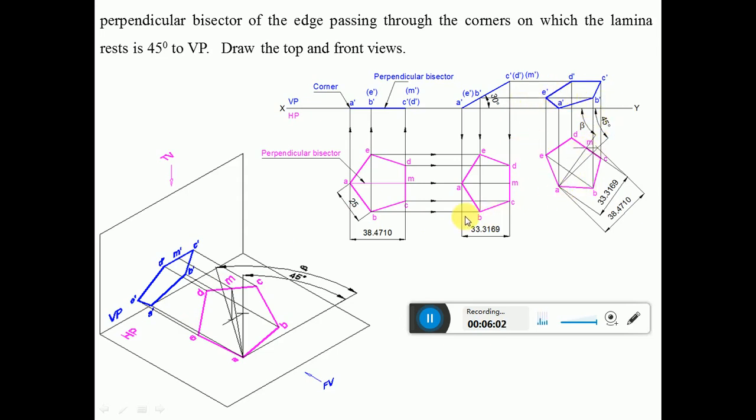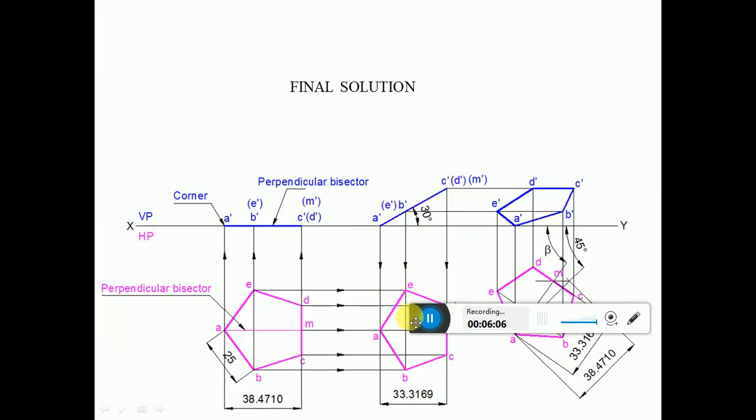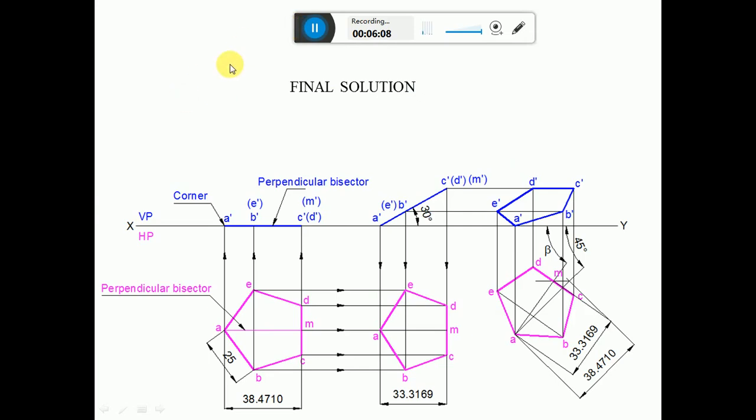So now we are going to solve this by using the sketchbook. First we are going to draw an XY line and mark VP and HP. Then first you draw the pentagon. So first you measure 25 mm and draw this vertical line. Then mark this point as C and D. With C as center, by using the protractor, you measure an angle of 180 degrees from the counterclockwise direction and draw this inclined line.